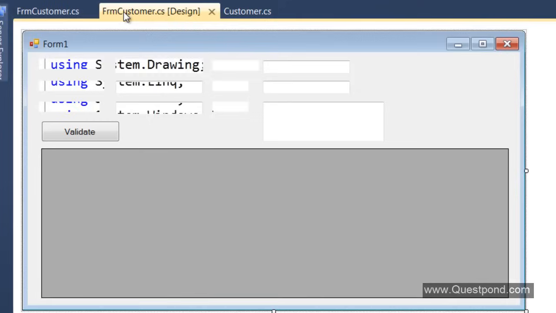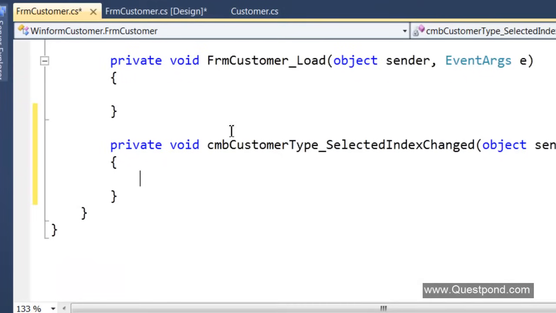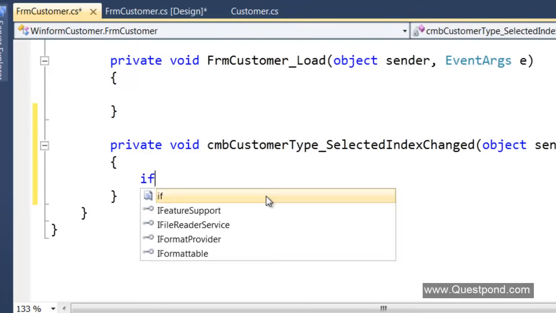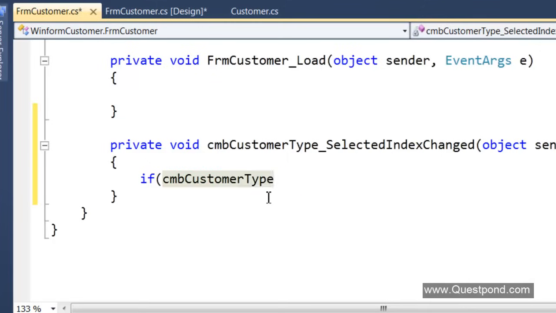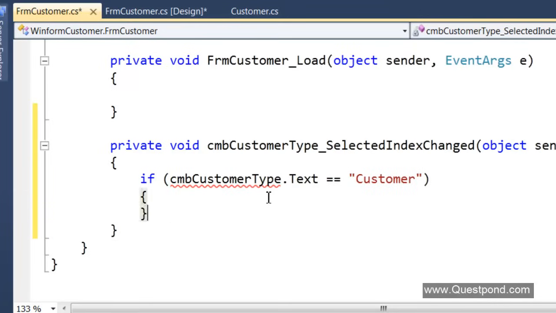So in this combo box selected change event, what I'll say here is if the customer type dot text, which is selected, is customer, then please go ahead and create the object of the customer, or else go ahead and create the object of the lead.